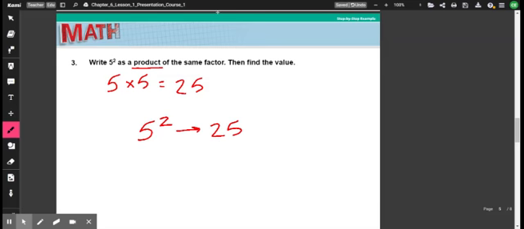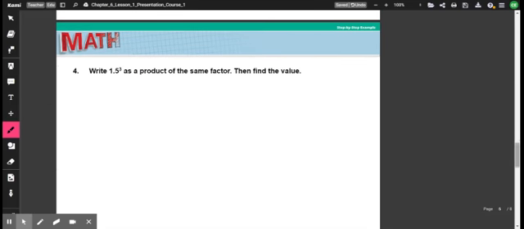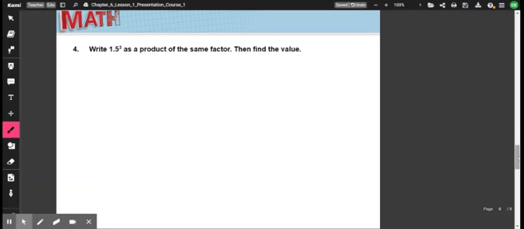Okay, number 4, which is on page 435. All right, so now we're going to write 1.5 to the 3rd power as a product of the same factor. So what we're going to do is write 1.5 times 1.5 times 1.5. All right, so we want to multiply 1.5 3 times. Okay, so whatever answer you get, you are going to multiply it again by that answer. So if I do 1.5 times 1.5, which I will get